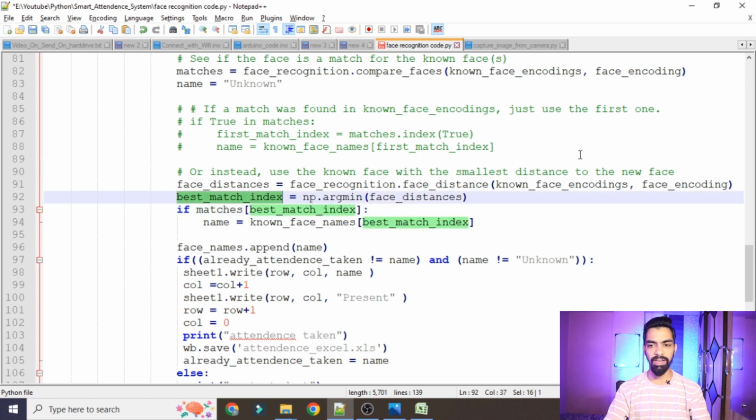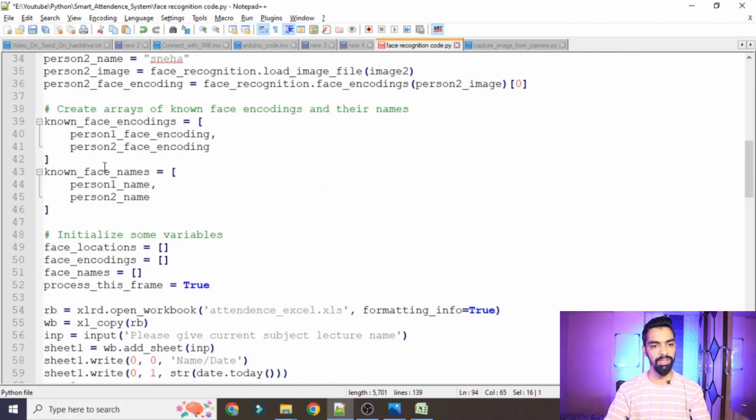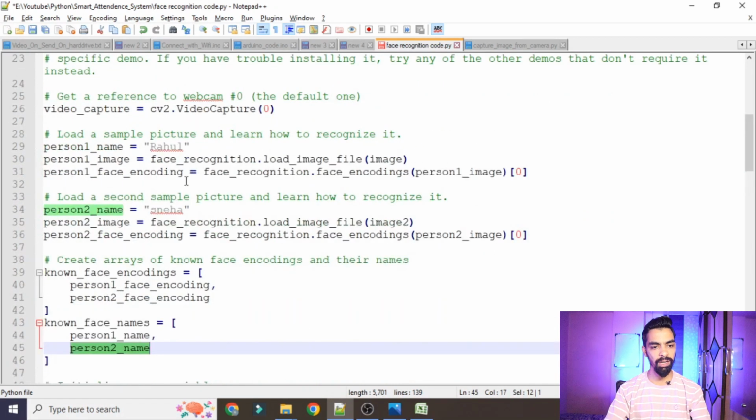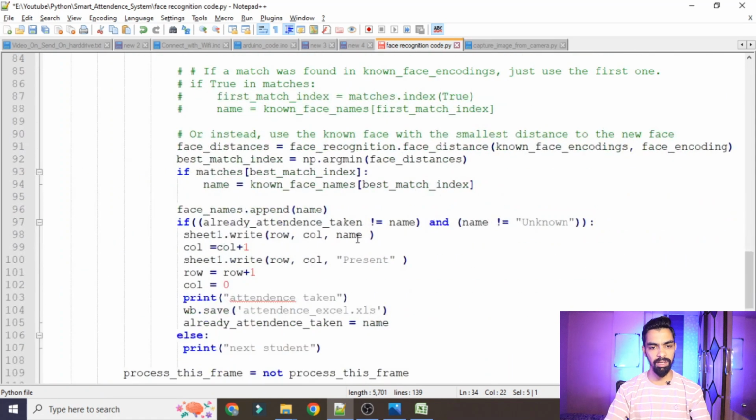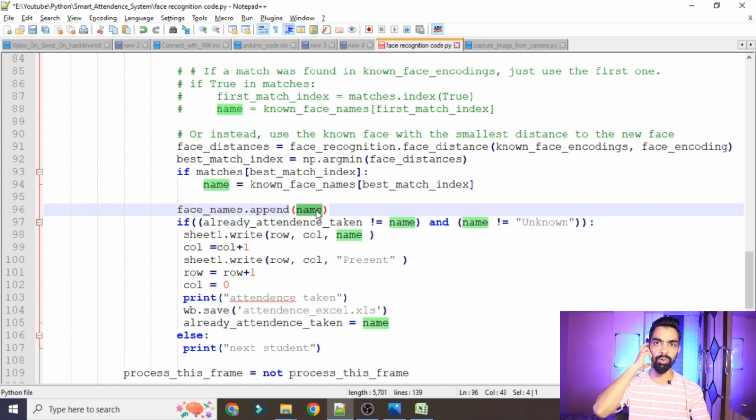Once we get the index after matching the two variables, we have to find out the name of that person. Let's say you get index 1. Then known face name of 1 is, you can see here, the person 2 name, that is Sneha. So the name Sneha will be stored into the name variable, and that name variable we have to append on the live face recognition video. Once we start the camera, our face will be captured and that name will be shown on your face